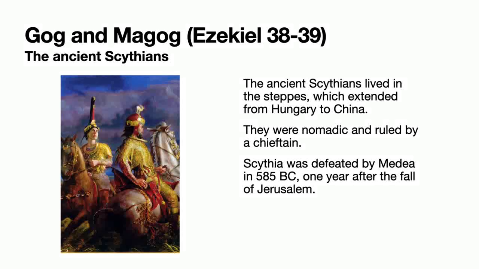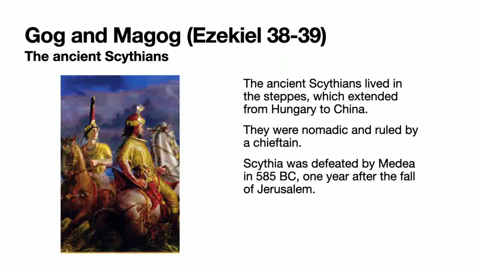I mentioned earlier that Babylon and Media joined forces to conquer Assyria, and that's how Nineveh fell. What I didn't mention a few slides ago was that Scythia was actually one of the nations that helped to ultimately topple the Assyrian Empire by destroying Nineveh in 612 BC. Now, in 585 BC, this is a very important point, the nation of Media crushes Scythia and drives it north to the Caucasus, which is a mountainous region between the Black Sea and Caspian Sea.